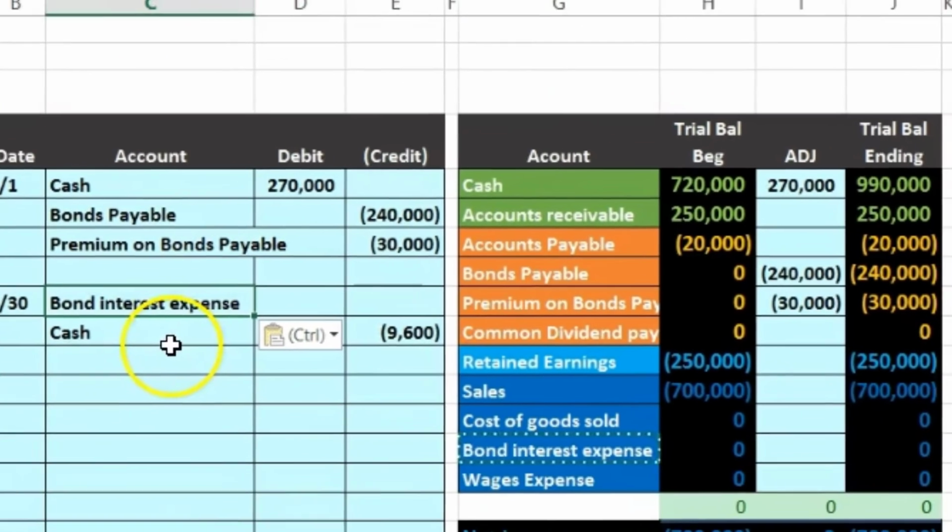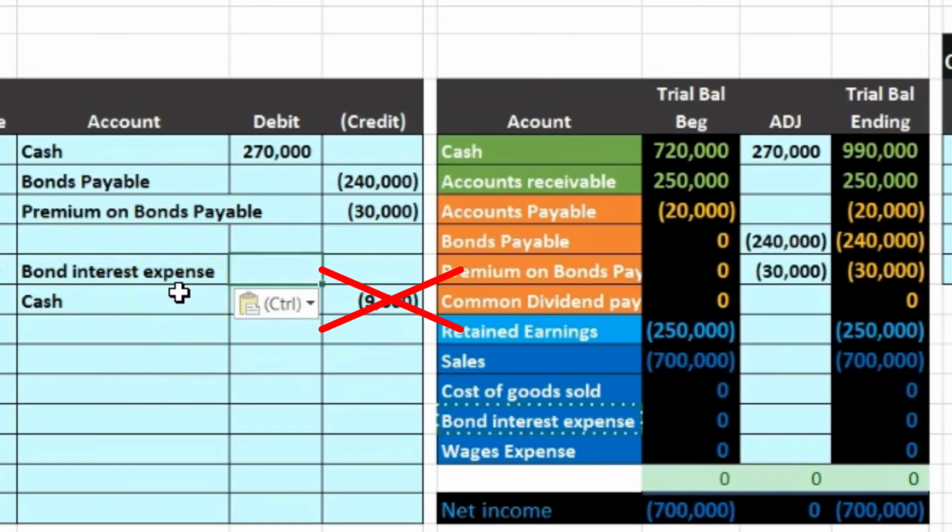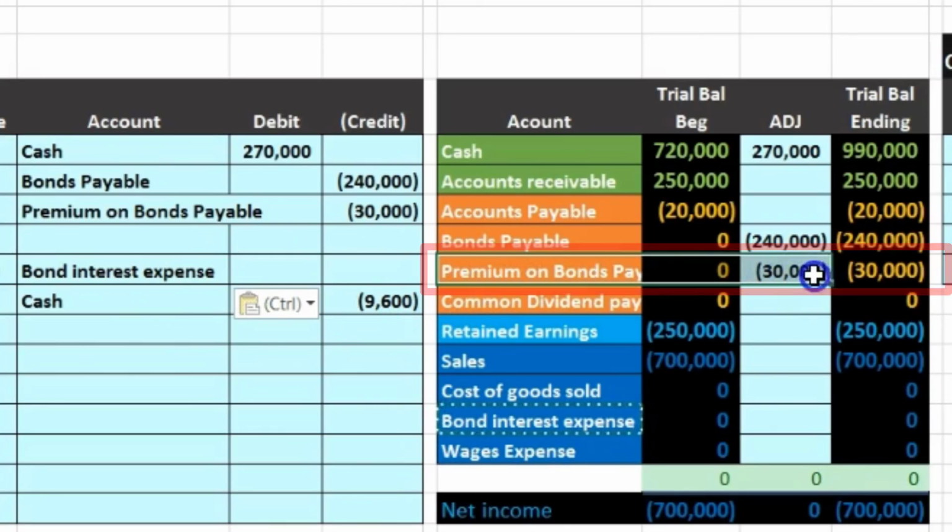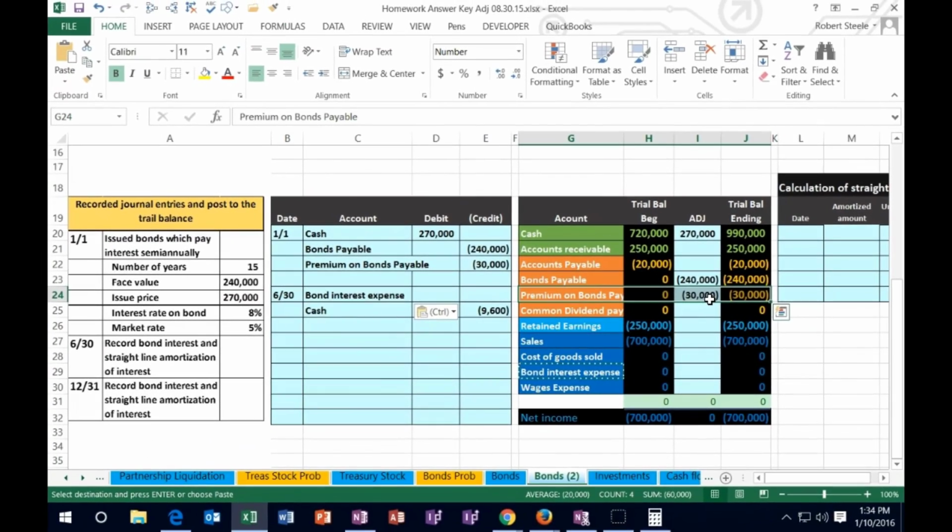Now the tricky thing is that we're not going to debit just the 9.6. We have another issue here, that issue being the bond premium on the bond. This $30,000 here, we need to amortize over the life of the bond. So we're basically just going to divide it out by the number of payments, and then